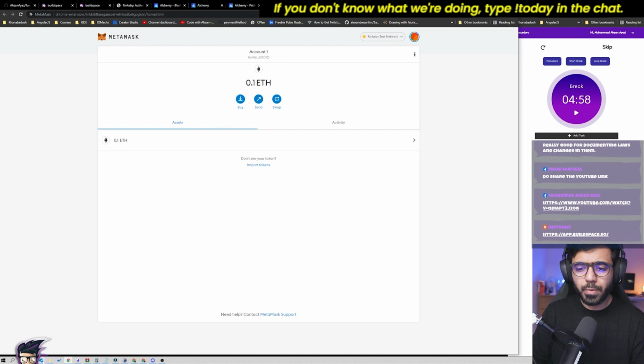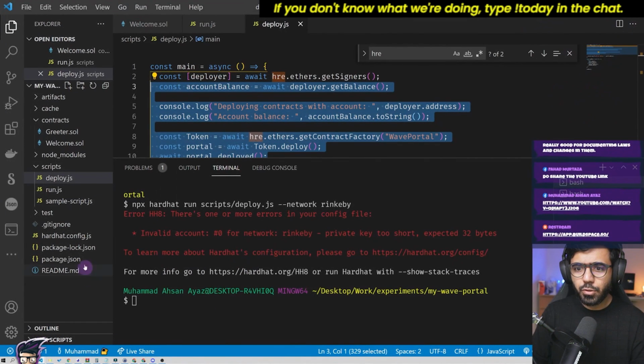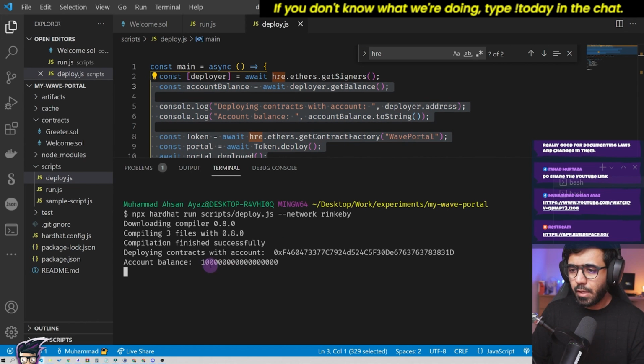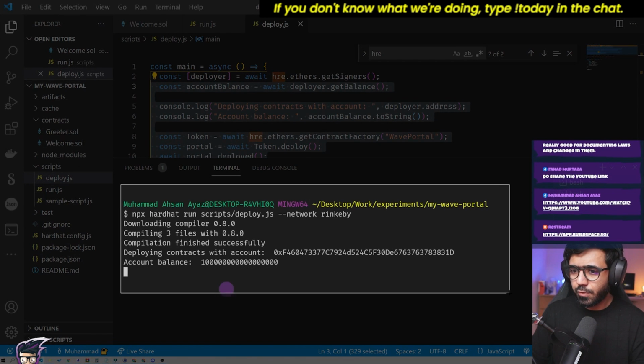Then you need to open your code and add that to this file, hardhat.config.js. Once you are done with that, this should finally do it. And we got a lot of balance in our Ethereum account because it's a test account. All right, so we deployed this, and now I can take a screenshot for this because I'm pretty